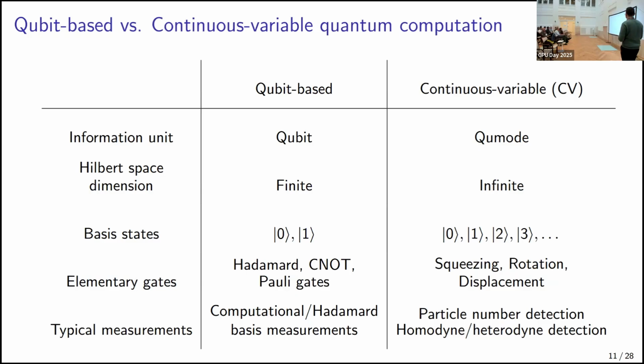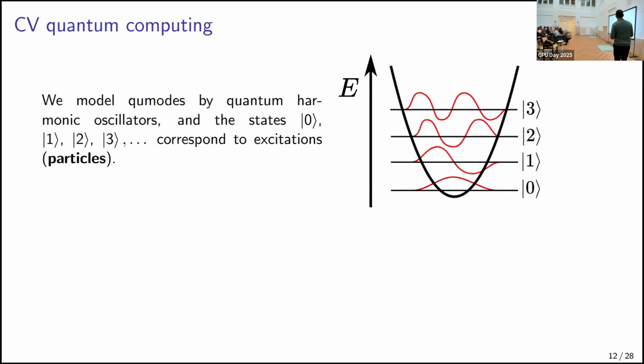Typical measurements in qubit-based systems are computational or Hadamard basis measurements. You can have more general measurements, but these are the typical ones. In continuous variable, you are restricted to particle number detection. But if we really talk about continuous variable, we are doing homodyne or heterodyne detection. So in a sense, particle number detection might not be considered continuous variable. Anyway,